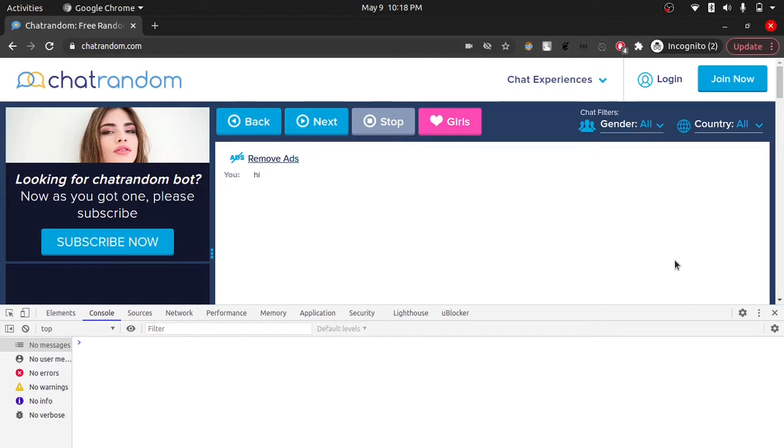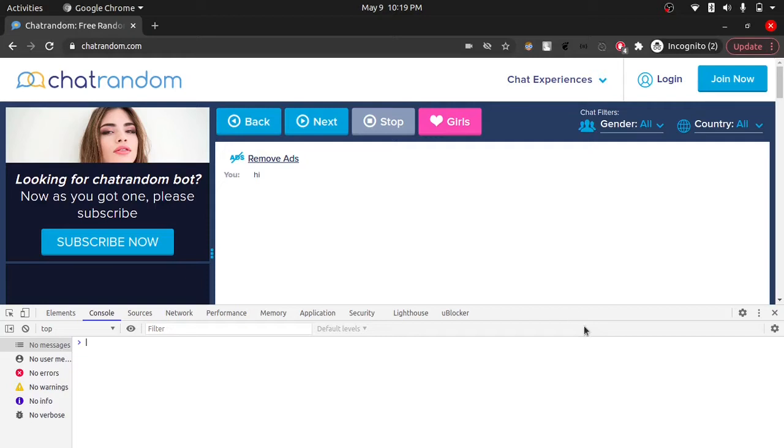Also, this bot will be fairly simple. We will use JavaScript for building this bot, and you won't need to install anything on your machine or any specific configuration or software to run this. You will just need a browser which supports JavaScript. You can run this bot on any of your favorite browsers. It can be Firefox, Chrome, Brave or Opera. All these browsers are supported, and this bot can run on any of them.